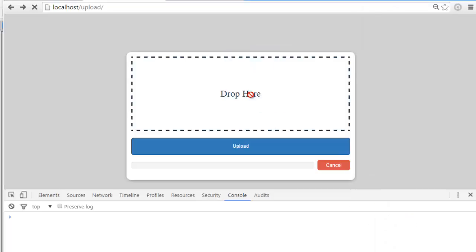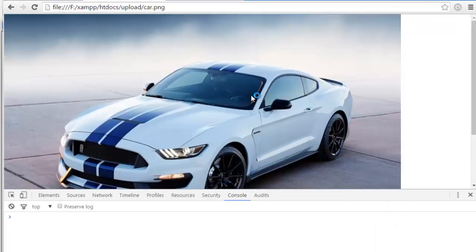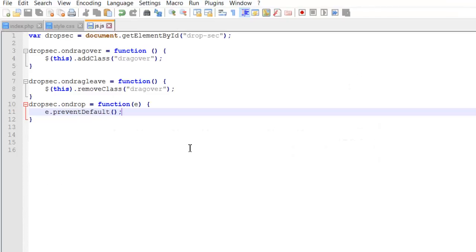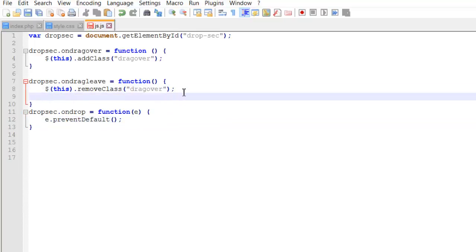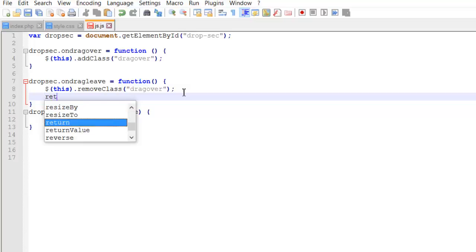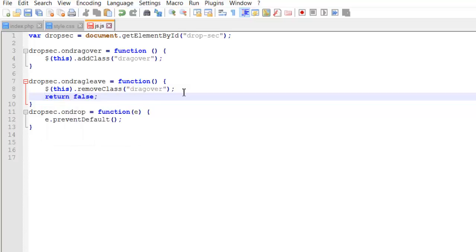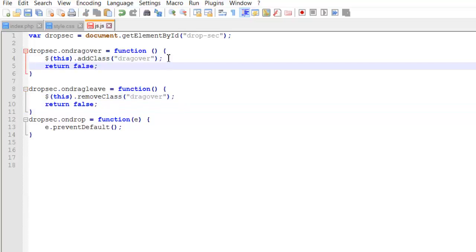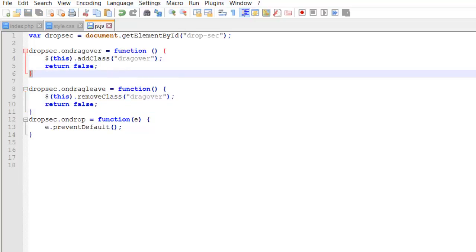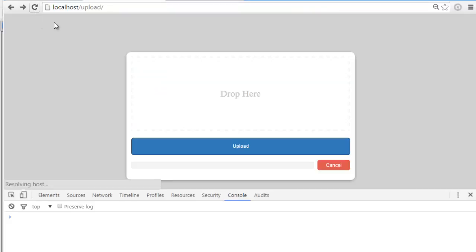If I pull a file over, oh wait, it shouldn't do that. Let me check what's the deal. Yes, actually we didn't put the return false in the above handlers, so now it should work. If I refresh it,